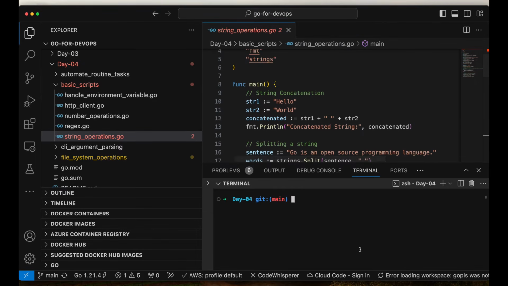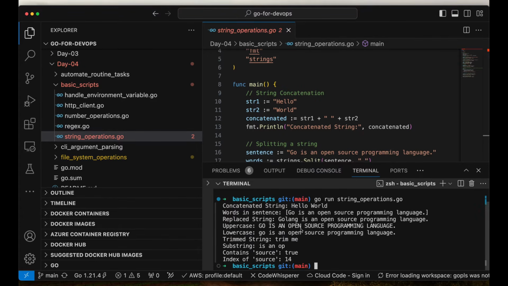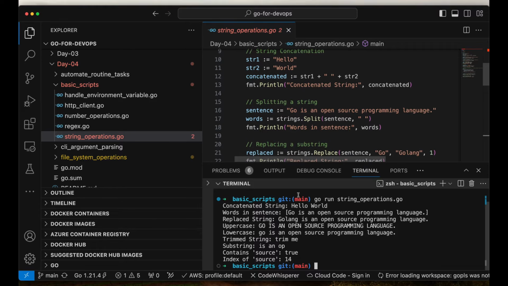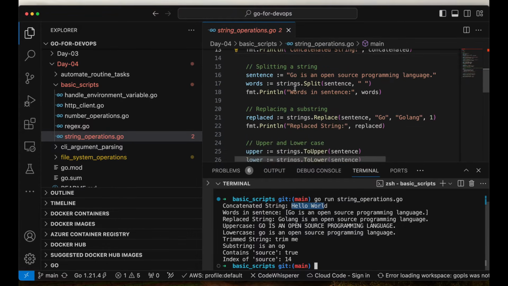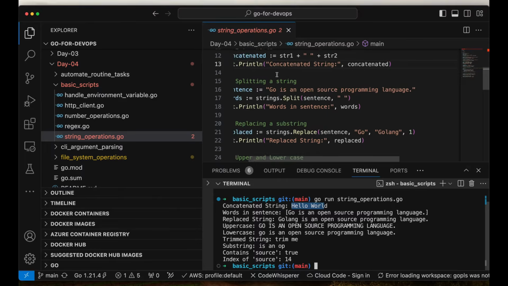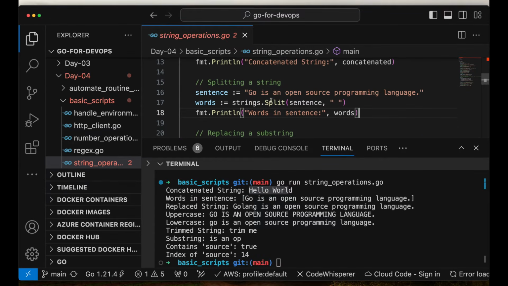Let me just quickly run it once and then we'll check. So first, let's go to basic_scripts, then run the string_operations.go file, and see the first one. For example, we are concatenating, so hello world, concatenate a string, the hello world. Okay, then the sentence. So you can see here it's saying Go is an